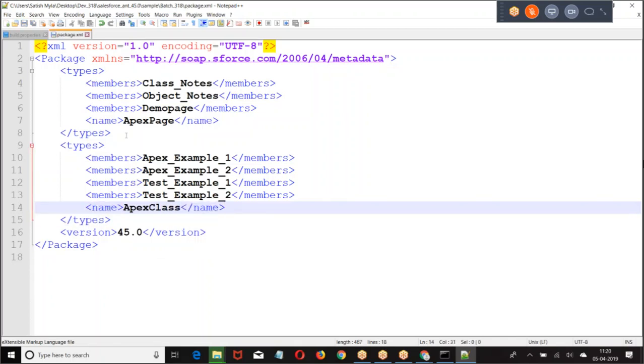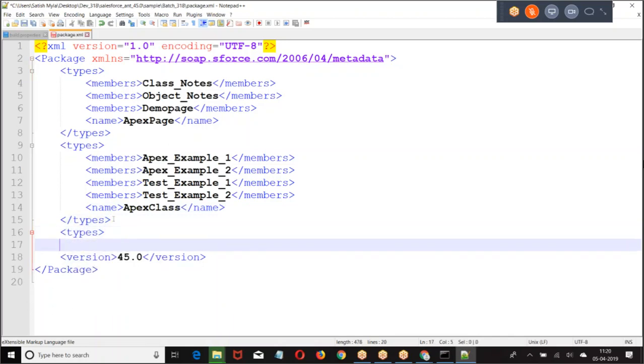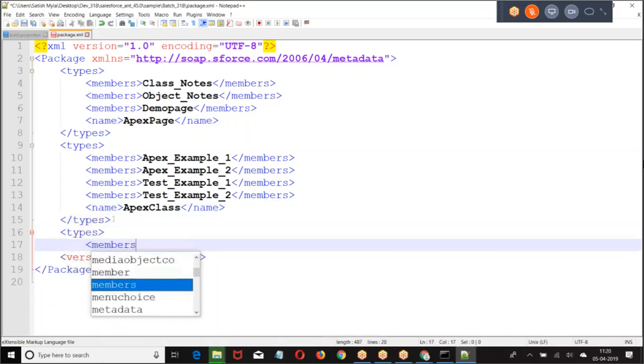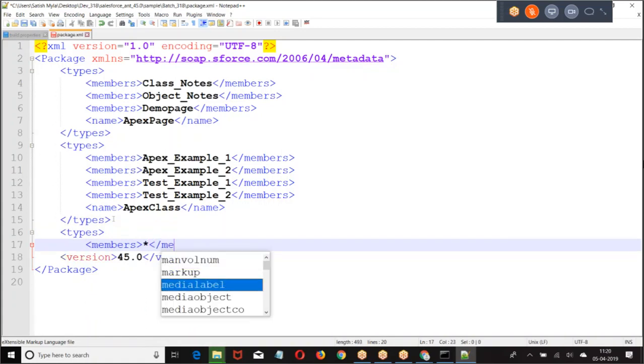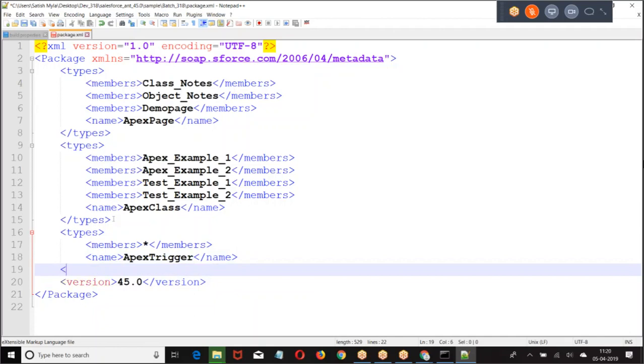So we have specified which elements you want. If you want everything, if you want all the elements, then we are going to give this. This is how you take it.